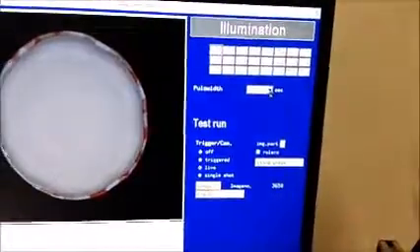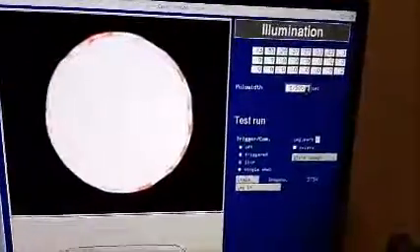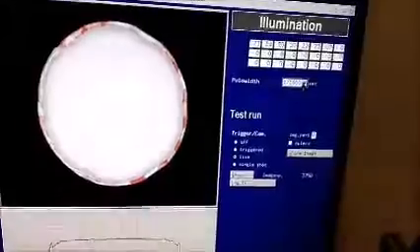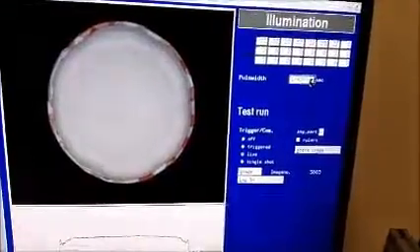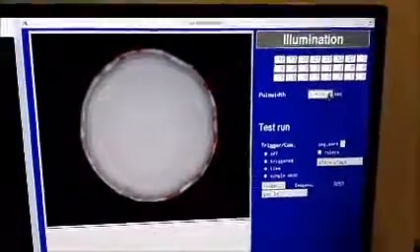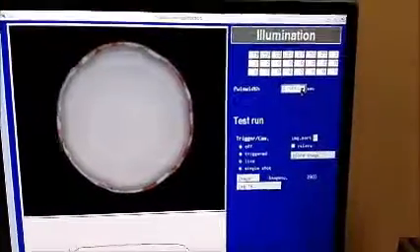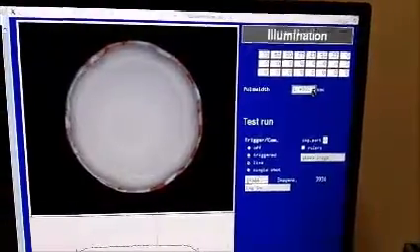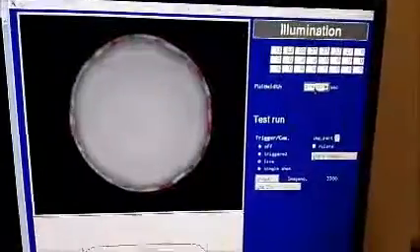You can play around with the pulse width. It gets brighter and brighter if you have a longer pulse width, and a short pulse width will make the image darker and darker. So that's shutter time. It is not the shutter time of the camera. The camera shutter time is the longest time that the camera can make. But the shutter time here, the pulse width, is the length of the pulse of the illumination,